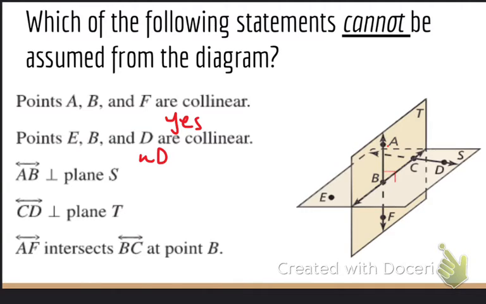Can we assume that AB is perpendicular to plane S? Yes, because it has that little blue mark. Yeah, there's a 90. So yes. What about CD? Can we assume it's perpendicular to plane T? No, not from this diagram. AF intersects BC at point B? Yes, we can assume that. AF and BC intersect at that point B. Okay,